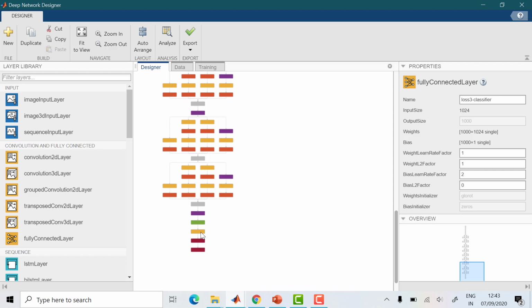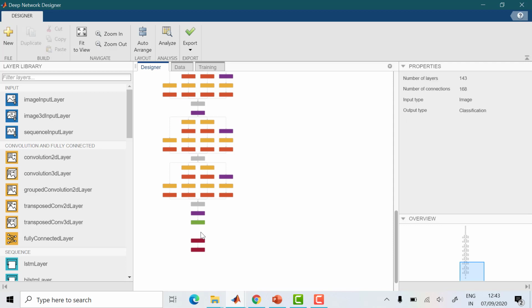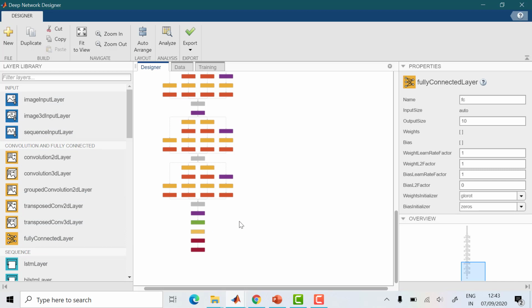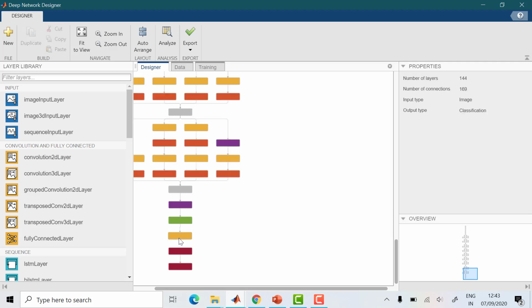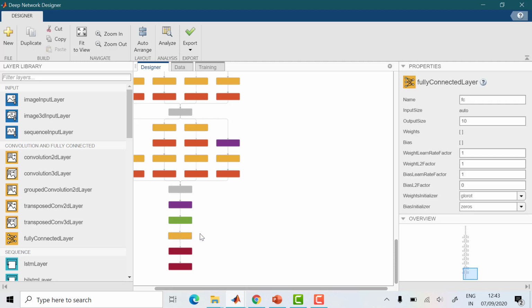You have to delete the fully connected layer. Just click delete, it will delete, and go to the left hand side and connect your fully connected layer here. Just drag and connect it. Okay, so go to the fully connected layer.